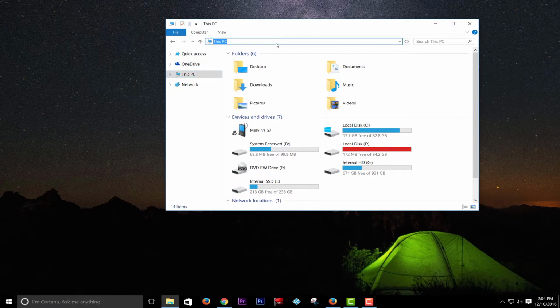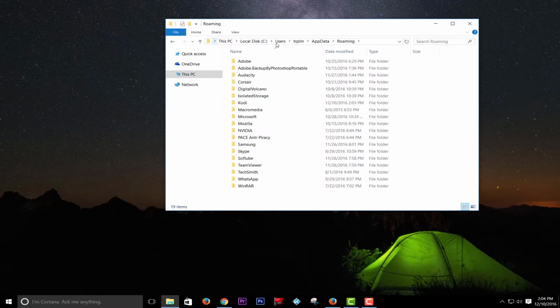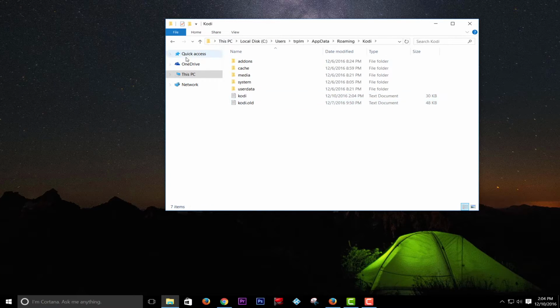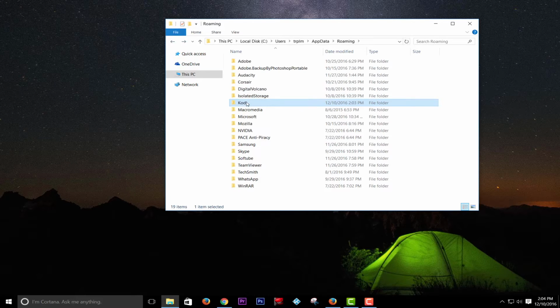And once you get in here, guys, all you have to do is type percent sign, app data, percent sign. Press enter, and you'll see a folder called Kodi. Now this holds all the information from the build that you have installed, user information as well as the build information. So all you have to do is just delete the whole folder. So just right click on it, delete,